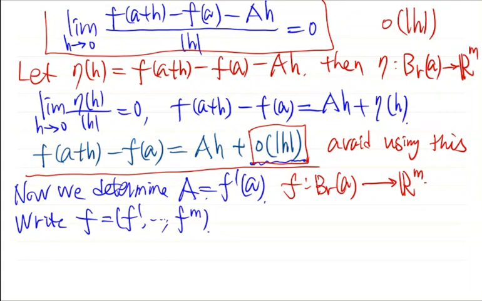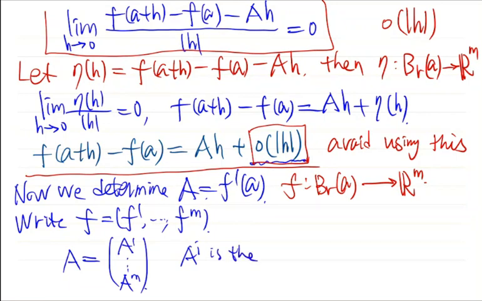And also we can write A as the matrix A, which has m rows. So A_i is the ith row of A. Okay, so using this notation, let us consider the definition of differentiability,